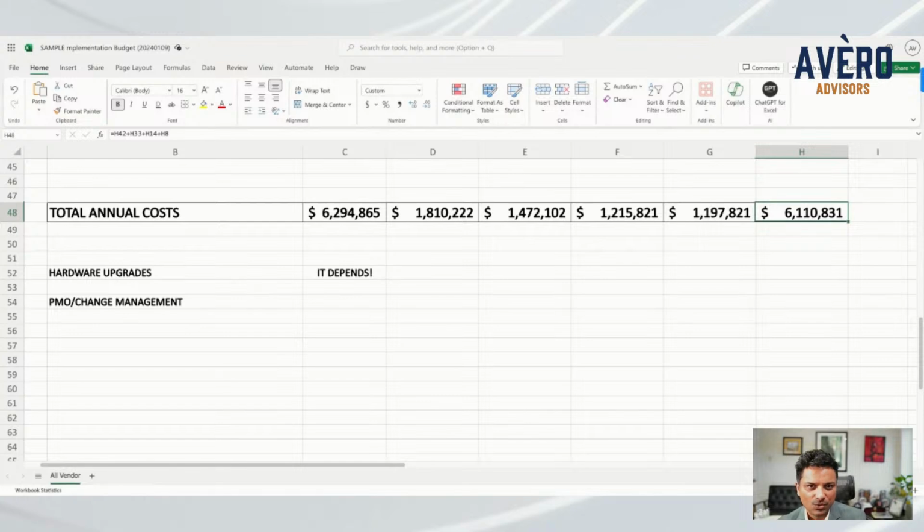So make sure you're doing a good assessment of your infrastructure along with a good assessment of what you need in a new ERP environment, because hardware upgrades will depend. It's my first 'it depends' for the day. But hardware upgrades depends on where you are today. If you're running AS400 systems, if you're a decentralized IT operation, if you don't have commercial grade fiber optic internet with redundancy, you may not be able to take full advantage of your flashy new ERP system. So that then becomes a project in itself, right?